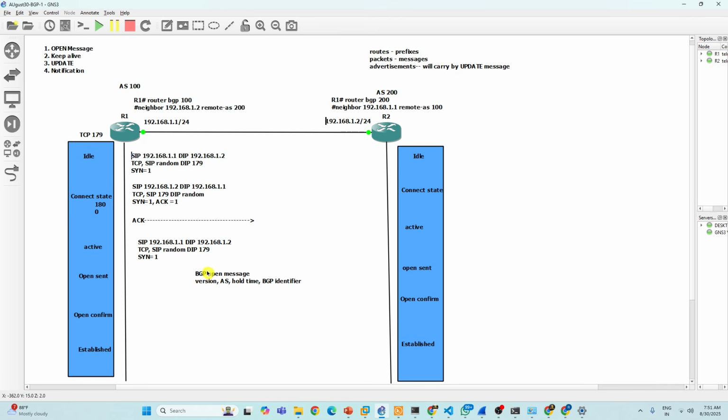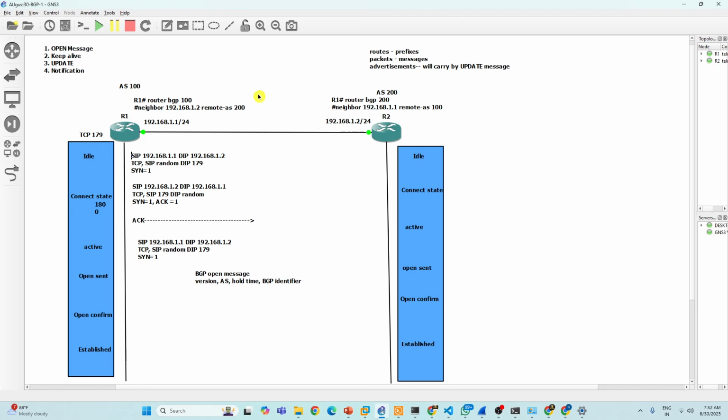So if the BGP state is stuck in idle, connect, or active, what kind of issue is it? It is a three-way handshake process issue. It means your neighbor IP, if you don't have reachability, will you establish a three-way handshake? During the DNS class, I showed you practically with Wireshark analysis. When you try to reach your website, first DNS will resolve, and after that it will establish a TCP connection with the website.